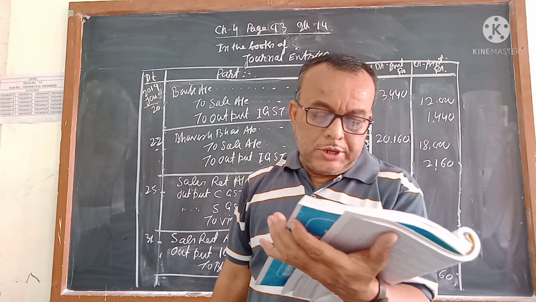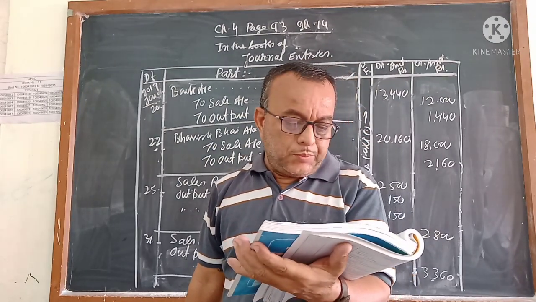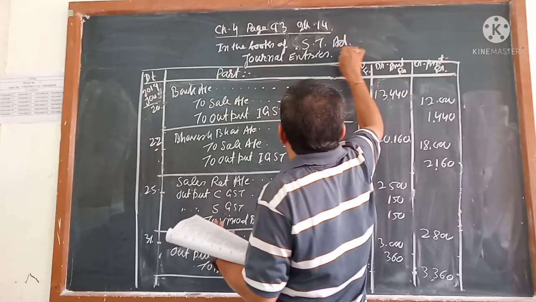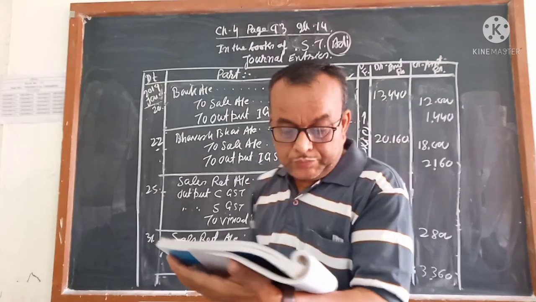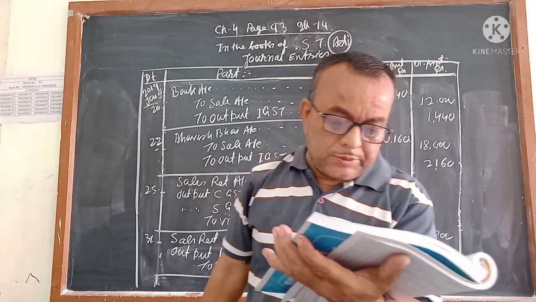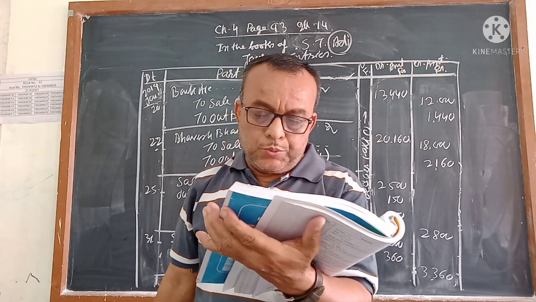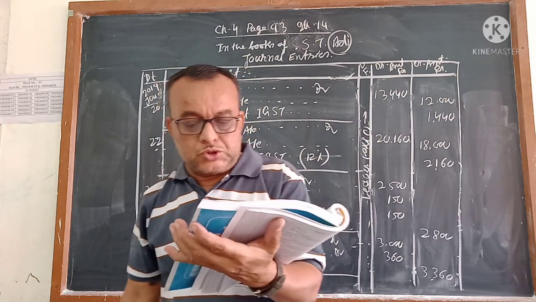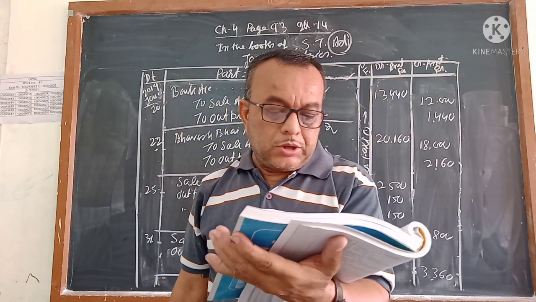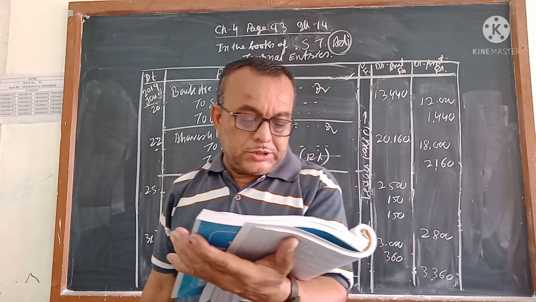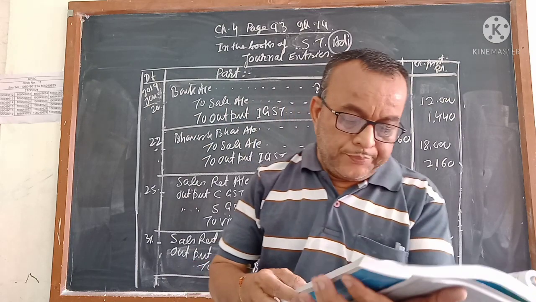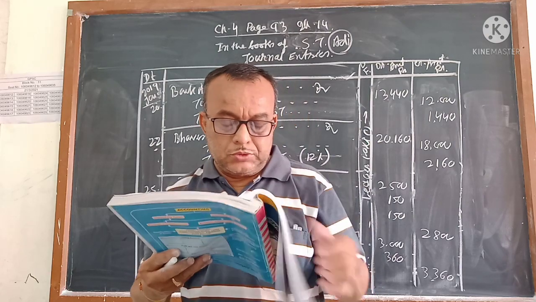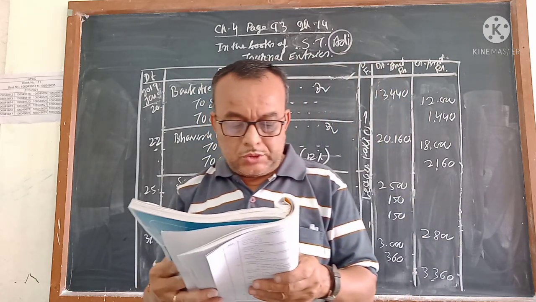From the following services related transactions, pass journal entries in the books of Shares Trading of Ahmedabad. Applicable GST of shares trading: the center is 2.5%, state is also 2.5%. If center 2.5%, state 2.5%, together it will be, sorry, 2.5 plus 2.5 is only 5%. GST is not included in the following transactions. Sold, applicable GST, and pass the journal entries in the books of share traders, January 2019.